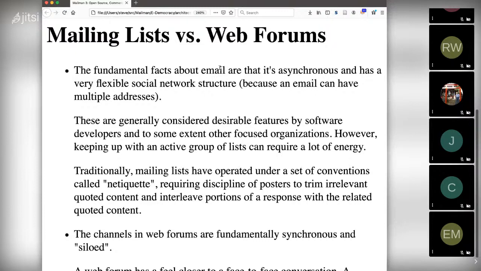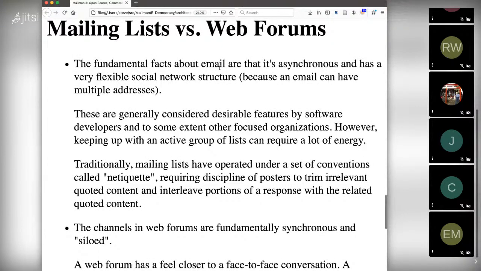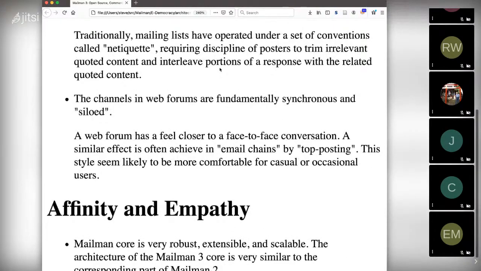On the other hand, the channels in web forums are fundamentally synchronous and siloed. It's relatively difficult to move a conversation from one channel in a web forum to another, even if it's the same site. So a web forum has a feel closer to a face-to-face conversation.